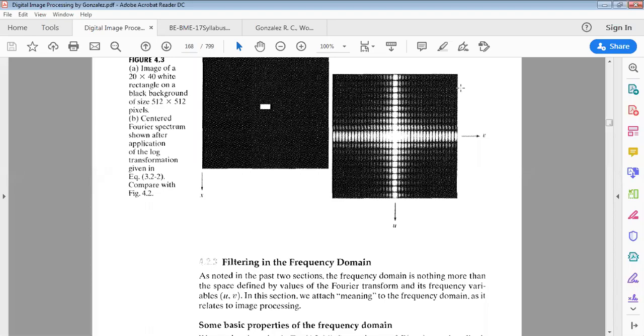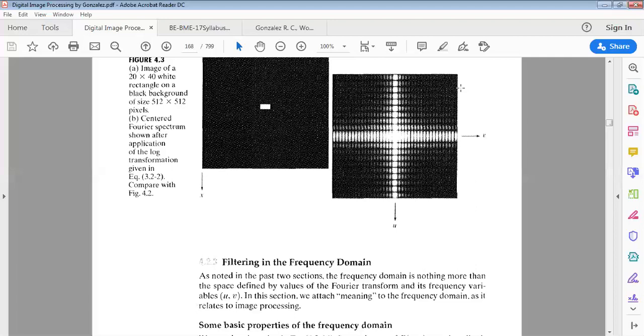Friends, now we'll continue from where we had left in the earlier video. In the last video, we got introduced to the topic of image enhancement in the frequency domain. We got introduced to the Fourier transform, its invention, how it evolved, what it is being used for, what the Fourier transform is, and then we saw the main tool that we're going to use, the 2D DFT, and some properties of the 2D